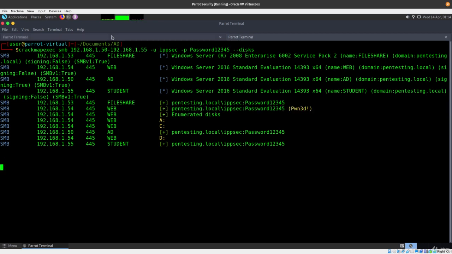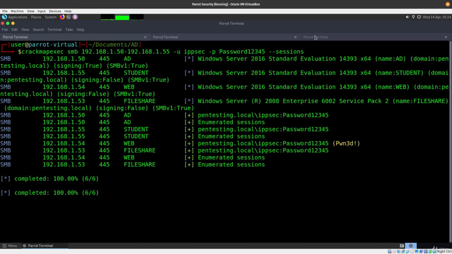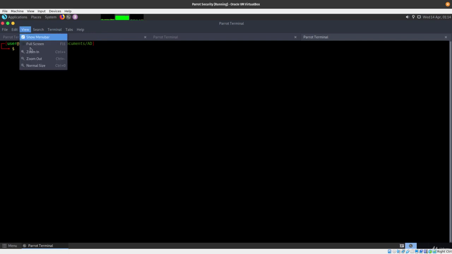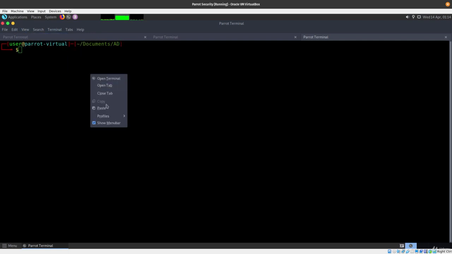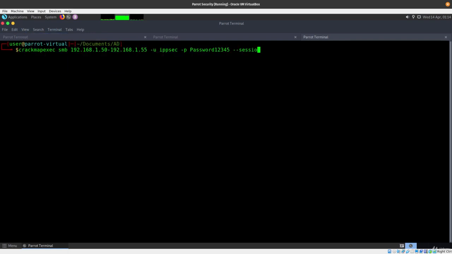And this one seems like it's stuck. Come on, CrackMapExec. Let's go ahead and just do another tab then. See if that's done. No, not done yet. Let's go ahead and zoom in, paste that out, and another something else that you can enumerate, which is a